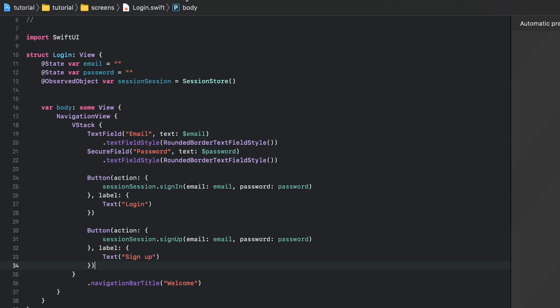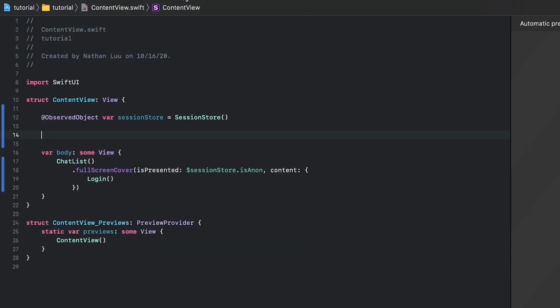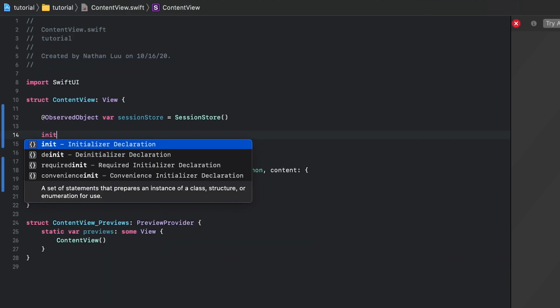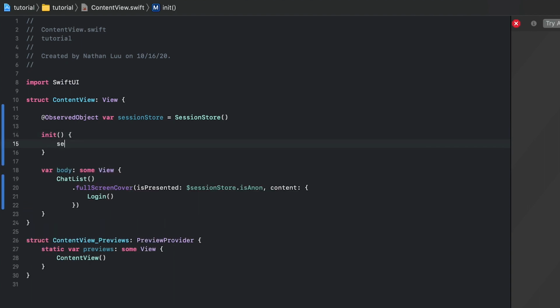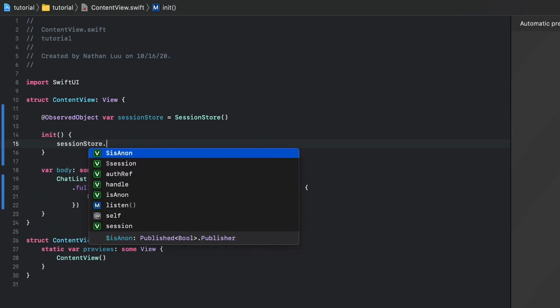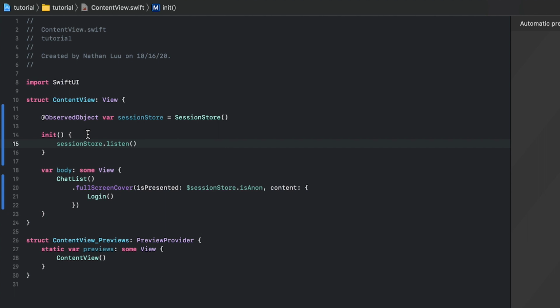All right, so now that we've enabled authentication in the Firebase console, all we have to do now is call our authentication state listener, the listen method on session store. In the initializer of our content view, we can call listen, which should mount the authentication state listener onto our app. So now if we build it to my phone,